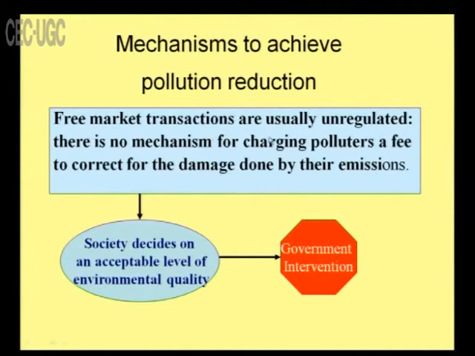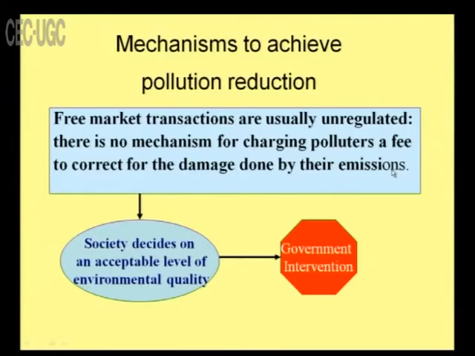There is no mechanism for charging the polluters a fee to correct for the damage done by their emissions. So, for example, if a company like Nokia or Hyundai is polluting a particular place, what is wrong in charging a fee, so that that amount can be utilized? There is a general concern that the water level in nearby areas of Hyundai has come down, and therefore, that may be rectified by utilizing the tax to correct the damage done by their emission, and therefore,